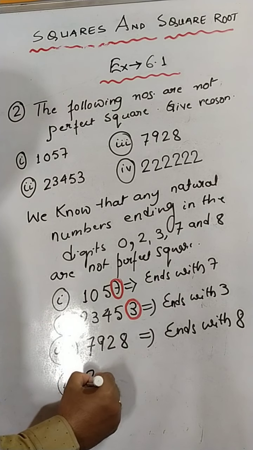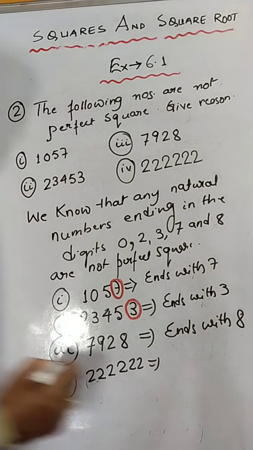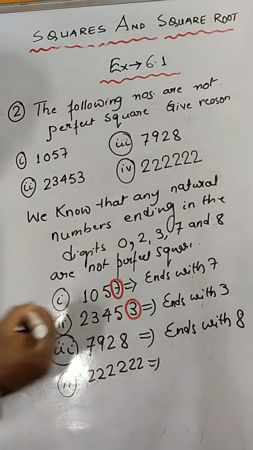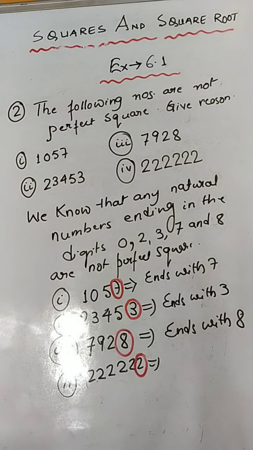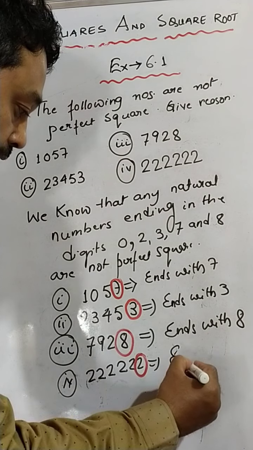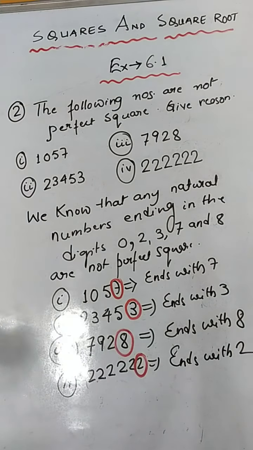Now what about question number 4? We have 222222. How many 2s are there? Six 2s. But what is the unit digit? Let me encircle this one also. So in question number 4 the unit digit is 2, so we'll write that it ends with 2. This is how we'll do question number 2 and the rest of the sums also. There are 8 questions, so the rest of the 4 questions will be your homework. Now let's move on to